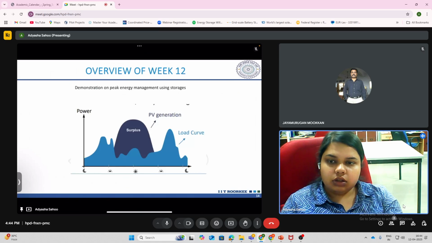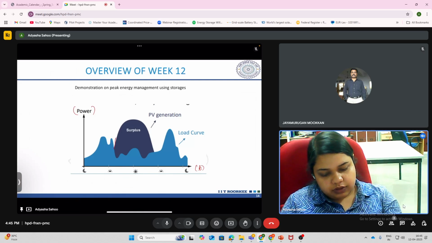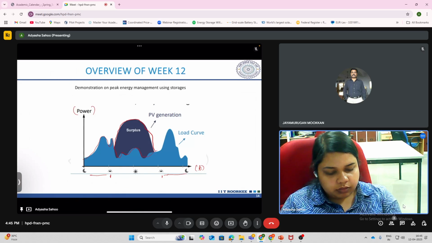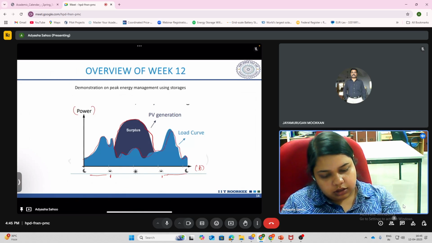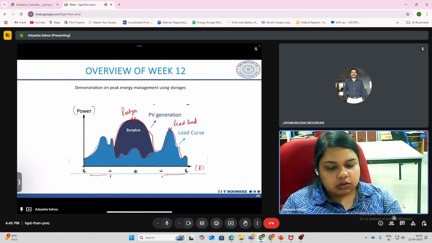Then lastly, we saw the demonstration of peak energy management using storage. So if you see the power versus time curve, this is the PV generation. That is from morning to the evening, and during the night time the PV is zero. And then this is the load curve. So you see that the peak generation is this point, and this is the peak load. The peak generation is not coinciding with the peak demand period. So what we can do,